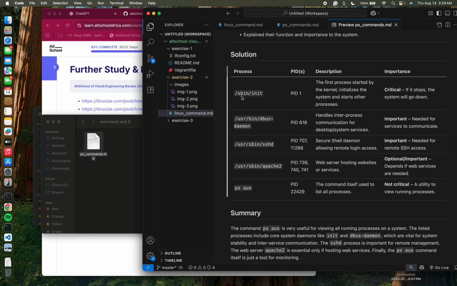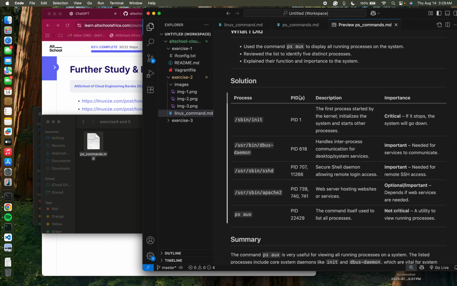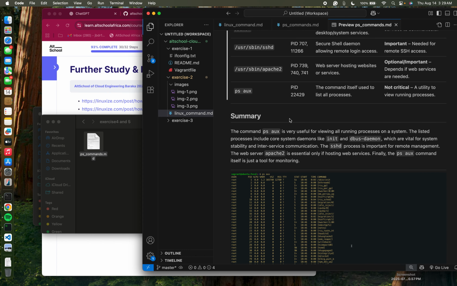The first one I saw is /sbin/init, with its process ID, and you see I explained it: the first process started by the kernel, it initializes the system and starts other processes. This is like our systemd. If you guys remember, it initializes the processes and all of that. Then the importance: if it stops, the system will go down. So if you want, you can tell ChatGPT to do it in a tabular form for you and present the answer in markdown, and you copy it to your